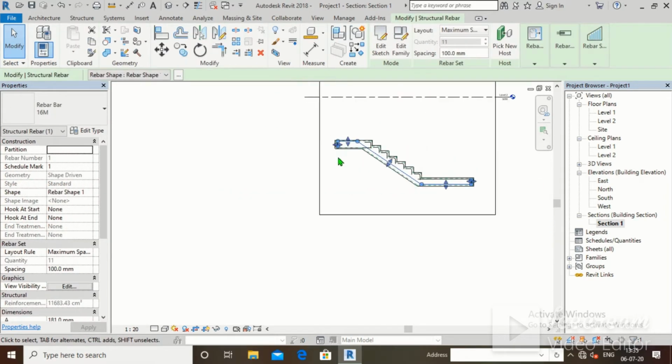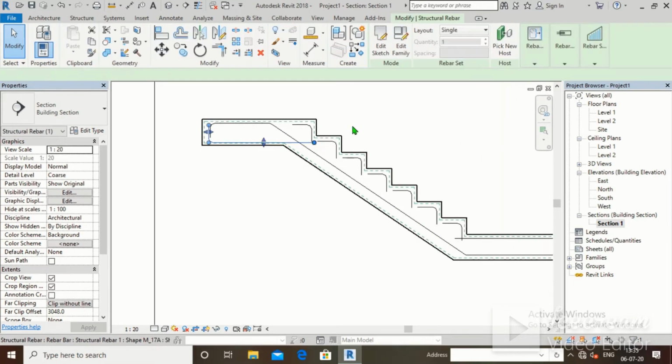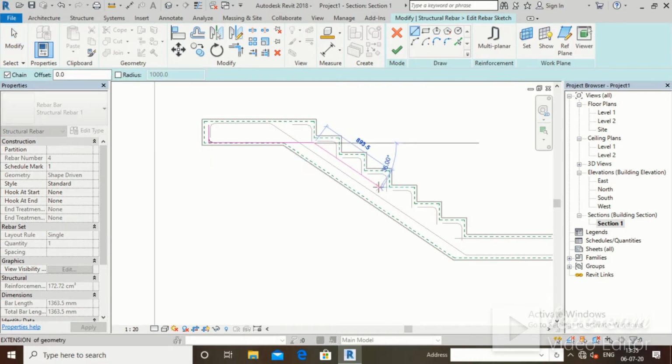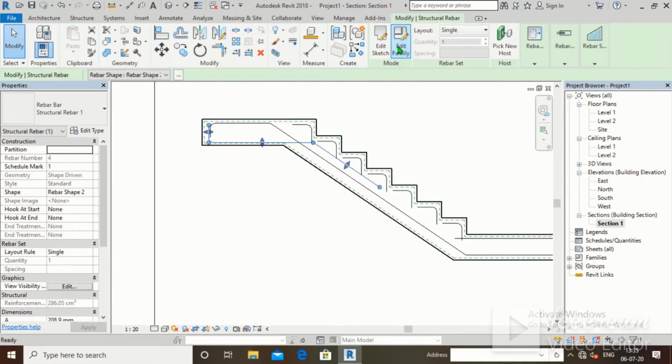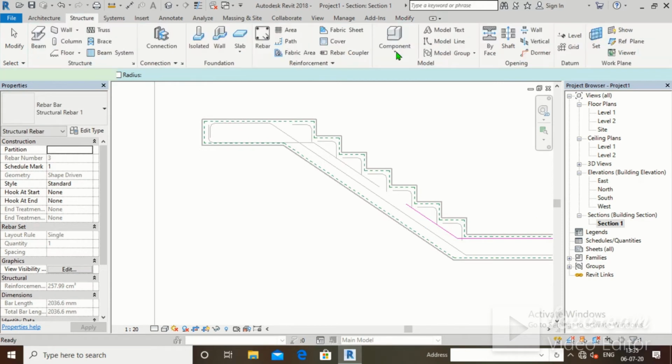This is that bar. Again select edit sketch. We'll draw one line from here till here. Click on OK. Again select this bar, click on edit sketch. We'll select it and draw it till here. Click on OK.